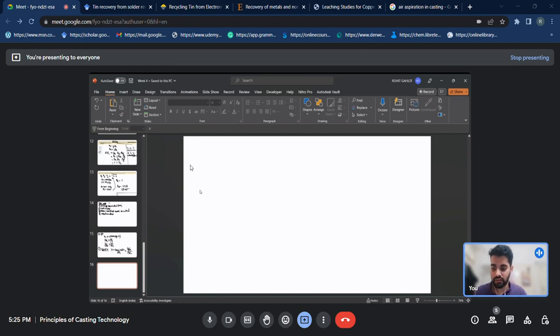He then defined two things: the ratio of the volume of the riser to the volume of the casting as Y, and X as A by Y minus B plus C. So you need to calculate these two terms, X and Y, and then